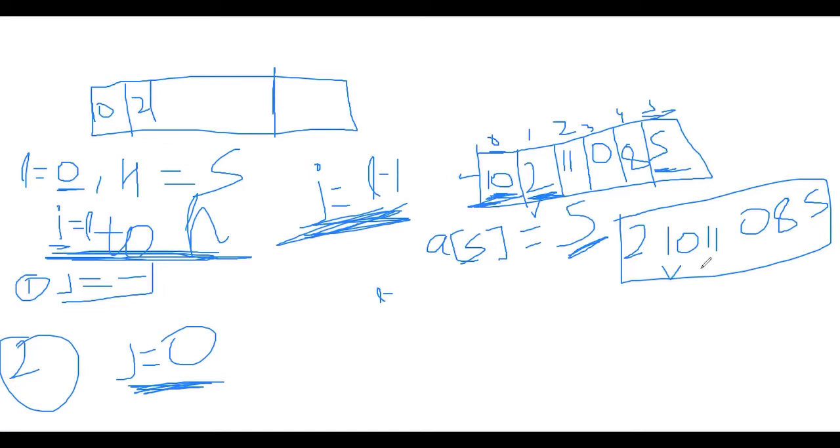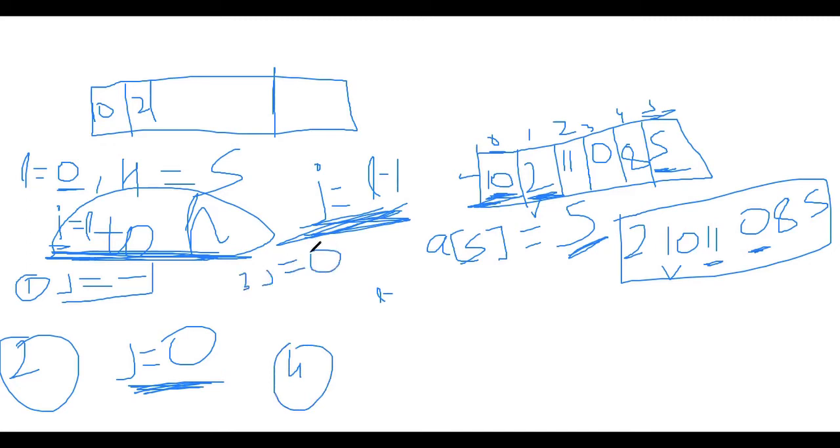Now we will increase the value of i, because we are running a loop. So i will go here. This value is more than 5, we don't do anything at all. Then we will increase i, and i will go to 0. 0 is lesser than 5. In the third iteration, j is still 0, right?